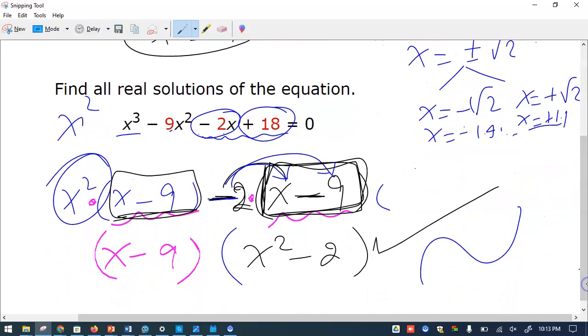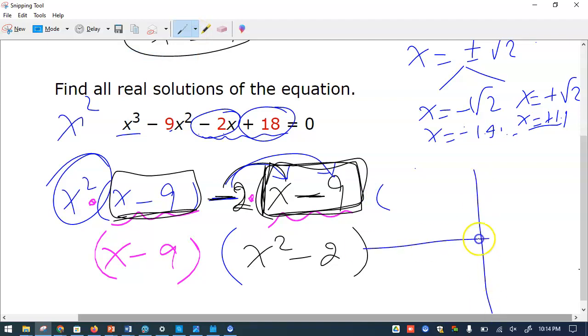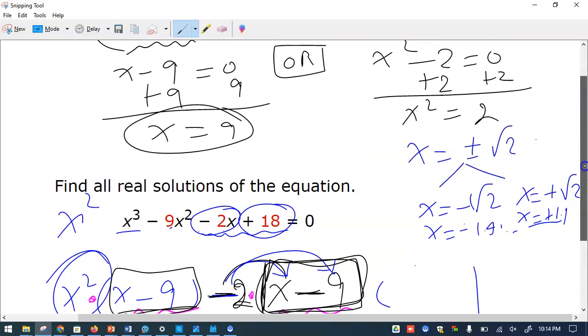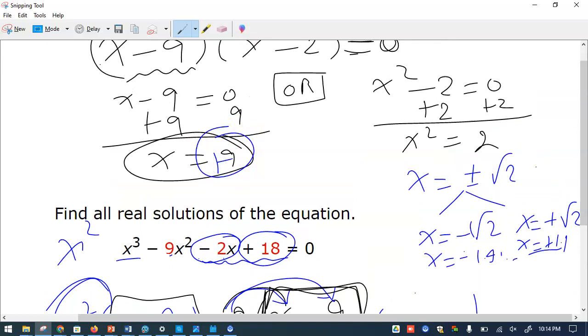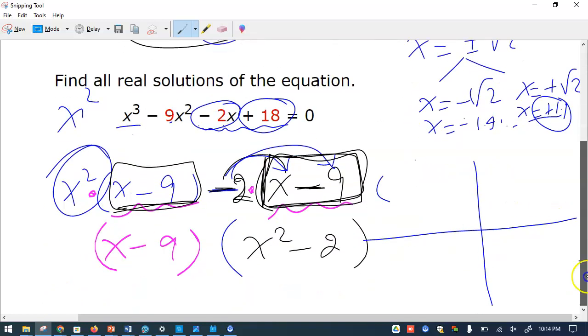Of course, you're not supposed to sketch, but let's sketch it. So what it means is the graph is like this. That means it goes through +9, and also it goes to plus 1.4. Let's say this is 9, this is 1, and maybe 1 point is somewhere here. This is square root of 2, which is 1.4. So it goes to this, it goes to this, somewhere 18 up here, and -2 somewhere